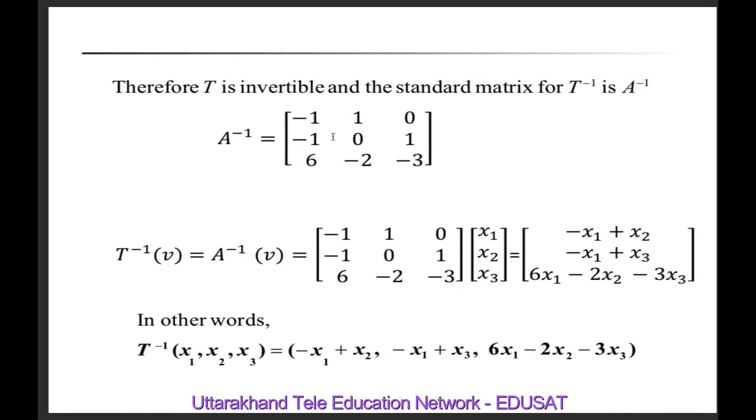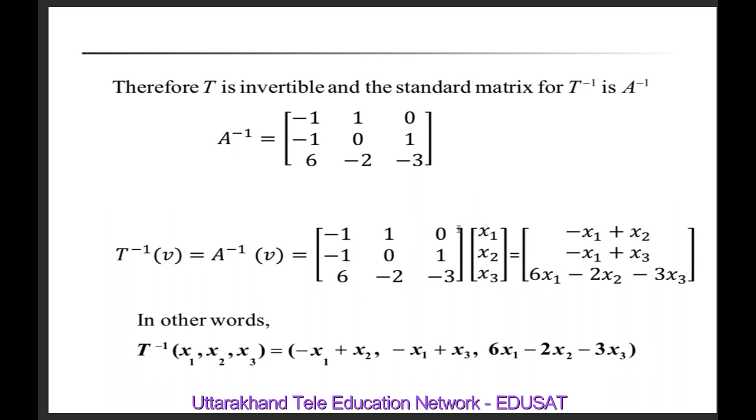Therefore, A inverse is equal to [-1, 1, 0; -1, 0, 1; 6, -2, -3]. And T inverse B is equal to A inverse B. Here T inverse is [-1, 1, 0; -1, 0, 1; 6, -2, -3], and V is x1, x2, x3. So this is equal to... If you multiply this 3 by 3 matrix by this column matrix of order 3 by 1, we get